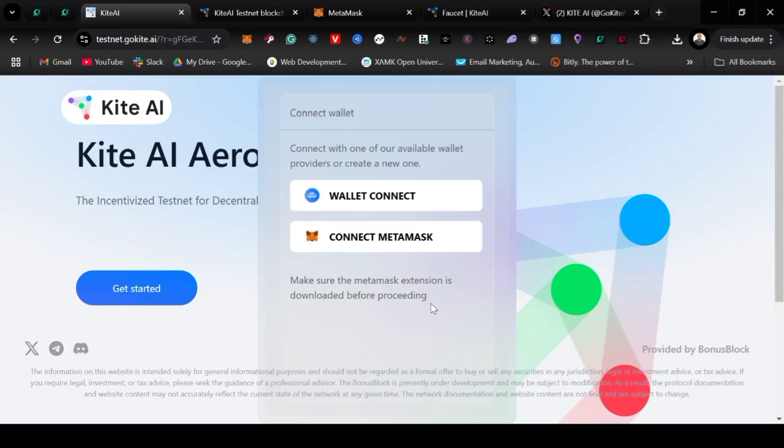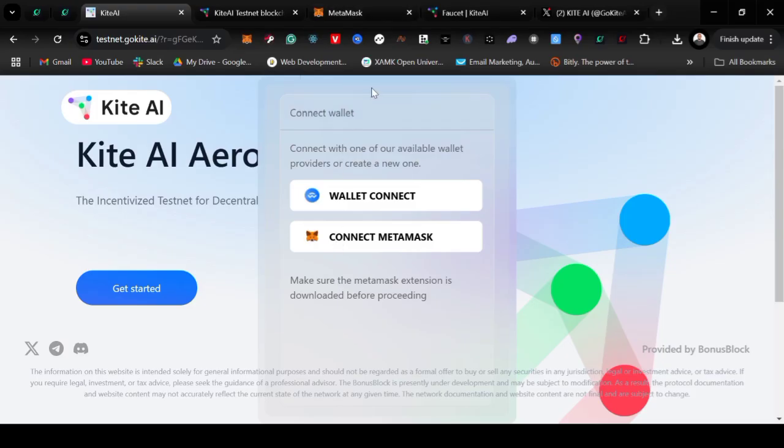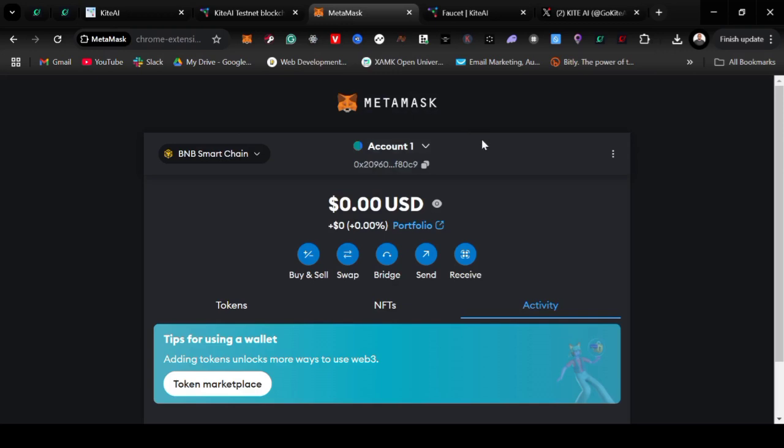So if you don't have a MetaMask extension, please go through your Chrome web page or Google Chrome web page and enable the extension on your computer, or if you're using another browser, enable the extension there. Okay, so here on mine, I have already enabled the extension, and you can see it here on the pin